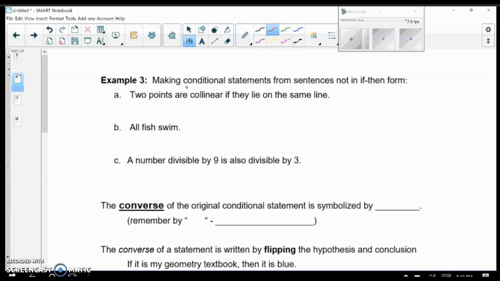Now, sometimes things aren't going to be exactly in if-then form, which makes it a little bit tricky. So you'll have to try to rely on your common sense, because sometimes the if is in the middle. So I might say, I will smack you with a flamingo if you don't stop talking. And in that case, the order of our if and our then, of our hypothesis and conclusion, is reversed. So you would say,